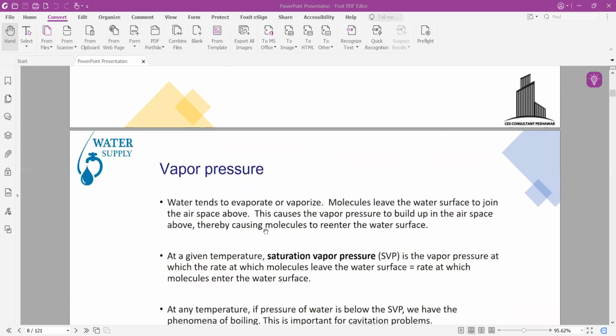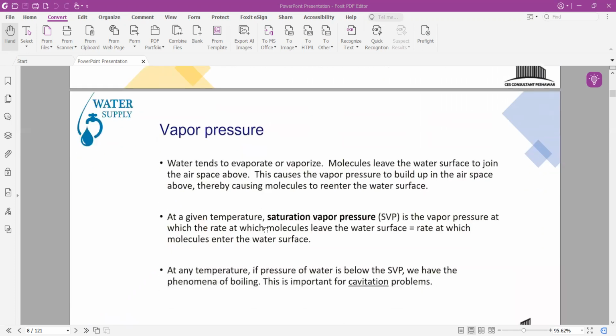Vapor pressure is also an important parameter. Basically, vapor pressure is the phenomenon that occurs by increasing the temperature of water, or by decreasing the pressure. Usually,